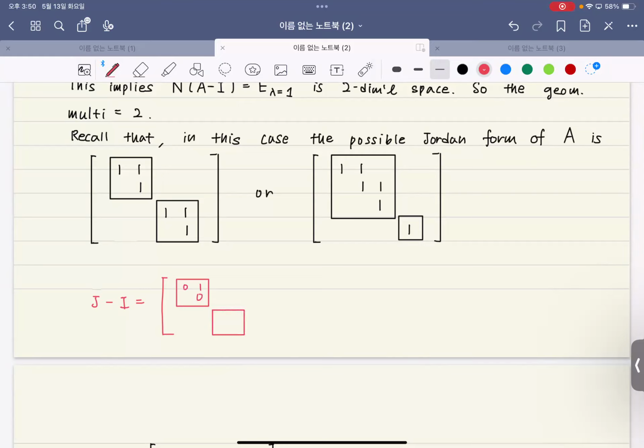0, 0, 1, and 0, 0, 1, right? Which is still the nullity of 2. But if I raise the power of this matrix, then what I'm going to get is all zeros,